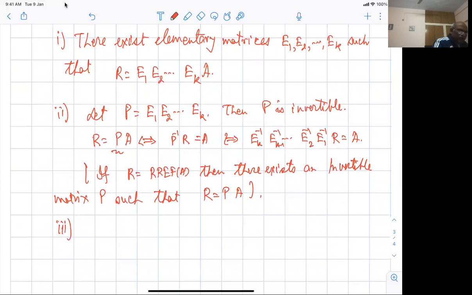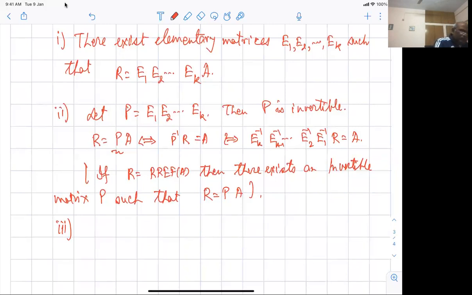since I have got R as P times A, or in this particular case, this is the way here. In general, I need to prove that every invertible matrix is a product of elementary matrices. But what we are saying is that when I'm looking at RREF, or saying that A and B are row equivalent, then I've got elementary matrices which take one matrix to the other matrix. Fine. So I have those matrices and they are invertible. So there is such a P. Now from where do I get this P? Because of elementary matrices, things like that, right?